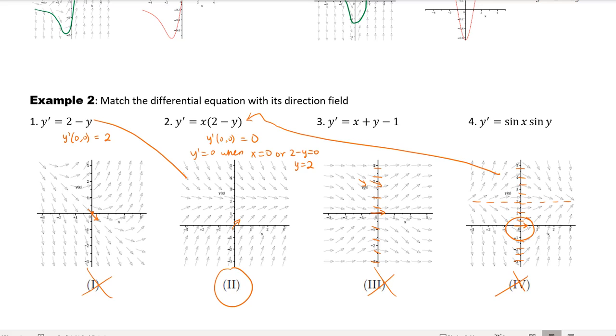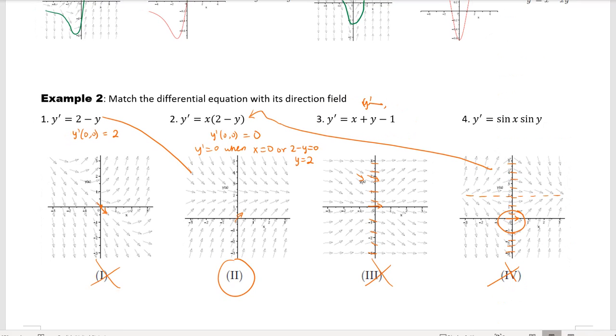Okay, let's continue. How about this guy? Oh, when you plug in 0,